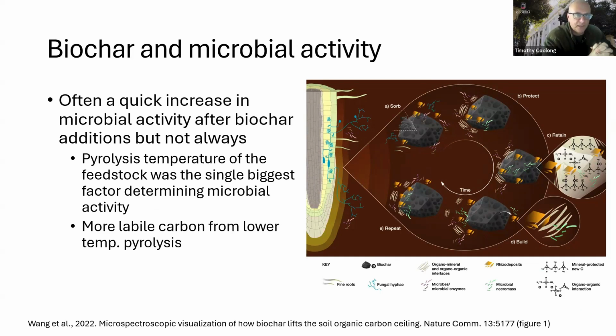Often, studies have shown there's a quick increase in microbial activity after a biochar addition, although not always. But what's interesting is pyrolysis temperature was the biggest factor determining that. And counter to a lot of the other things, at the lower pyrolysis temperatures, carbon was a little bit more labile. And so you had a greater flush of carbon that was increasing microbial activity right after that. And then it drops off and so forth. So again, it can help do these other things in the soil,